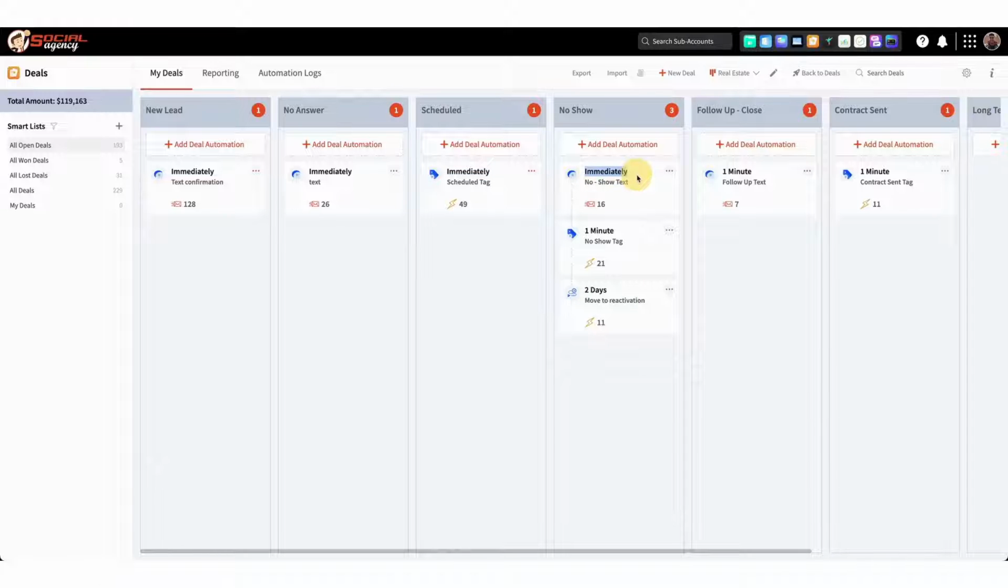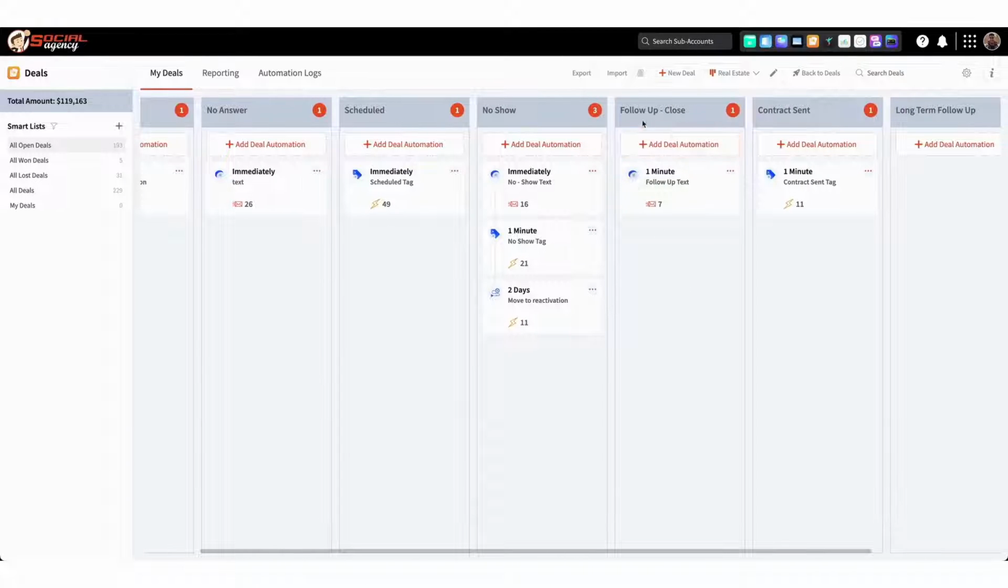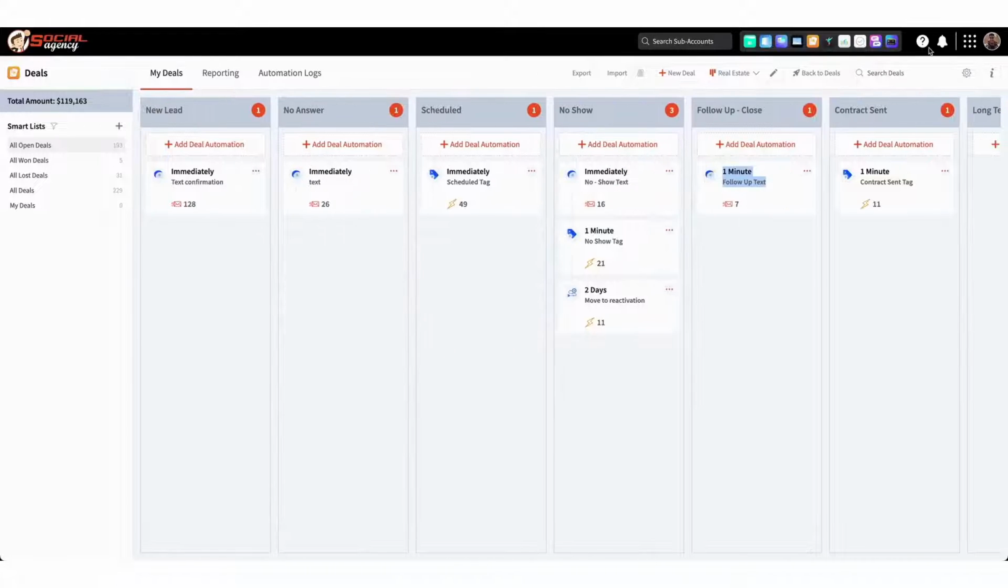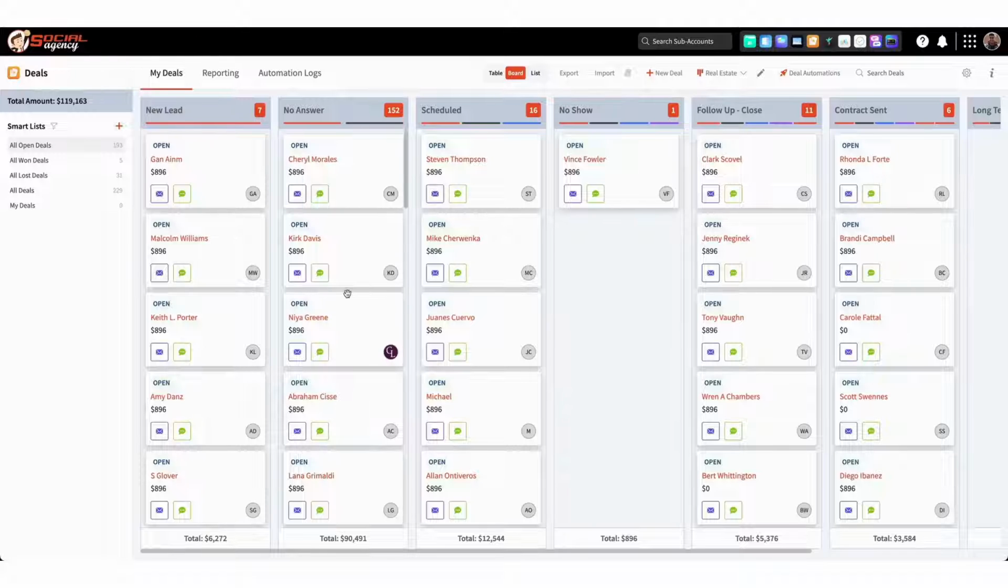If they no-show to our scheduled call, then we send them a text message, we tag them, and then we move them over into a different campaign, which is reactivation, right? If they go into this specific stage, we're texting them, right? So all of this stuff that's happening, our pipeline's fully automated, and what that allows us to do is